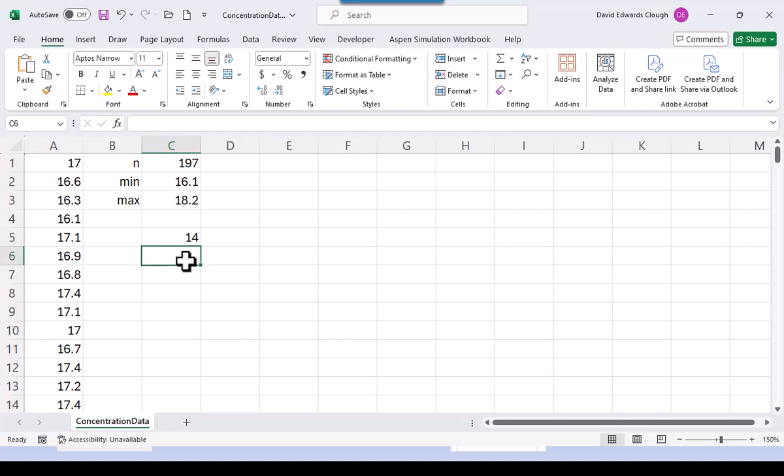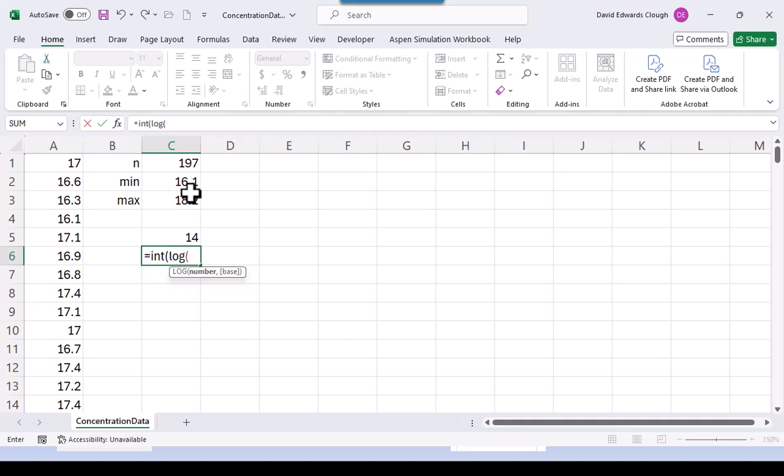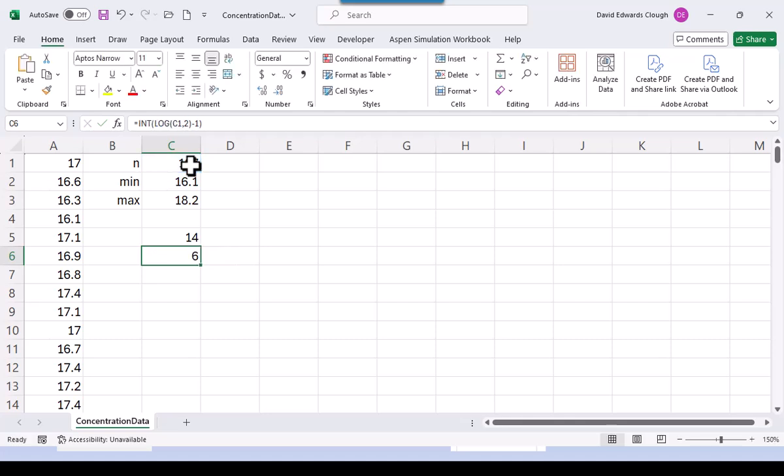And a more conservative way to do it is to take the integer part, it's int, of the log of the number of data, base 2 log, comma 2, minus 1. The integer part of log 2 of the number of data minus 1, and that's 6. So this says that I should be using somewhere between 6 and 14